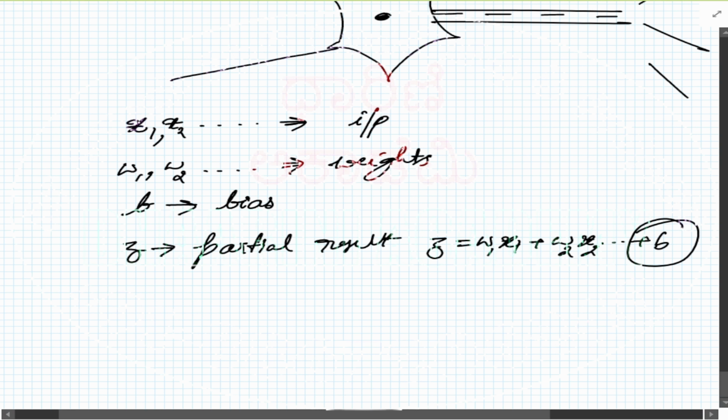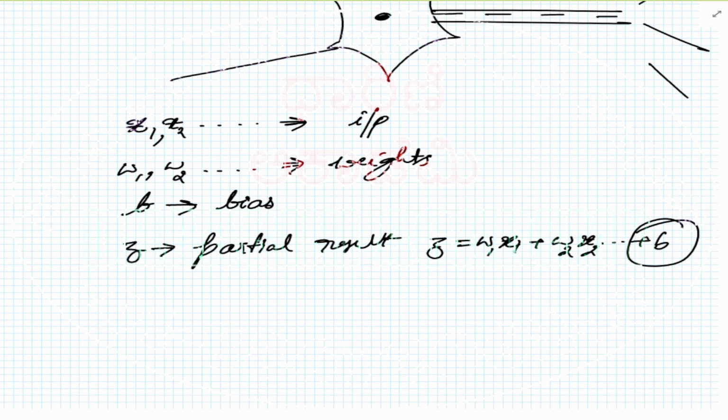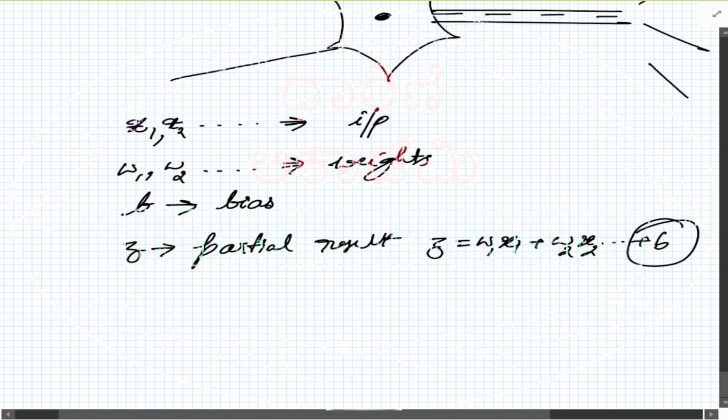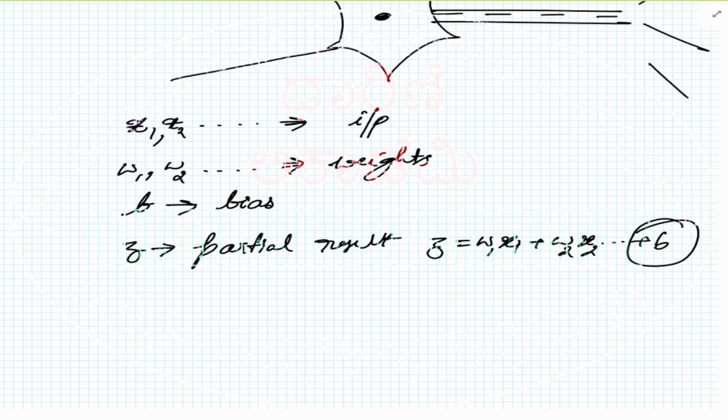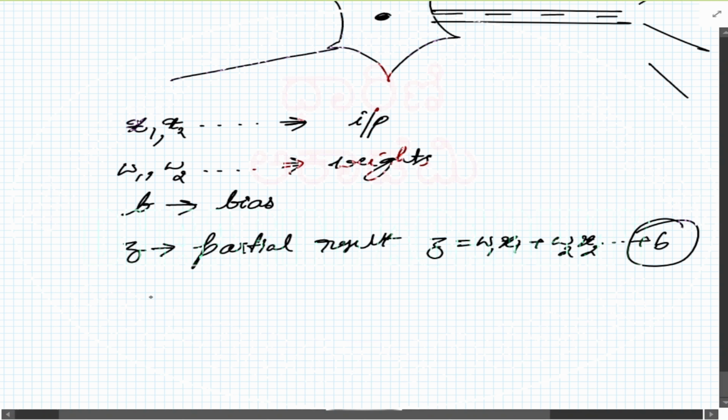If you make this a negative value, minus 10, what happens? All the values w1, x1, w2, x2, everything will be added, and you subtract 10 from that. You are bringing your answer closer to the negative. Whereas if you keep the bias as plus 10, you are introducing more positiveness in the answer. That's why this is good.